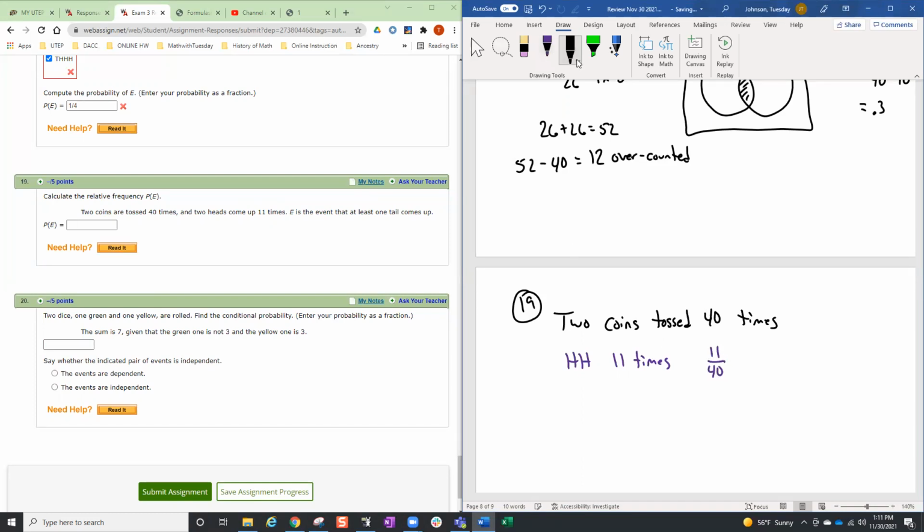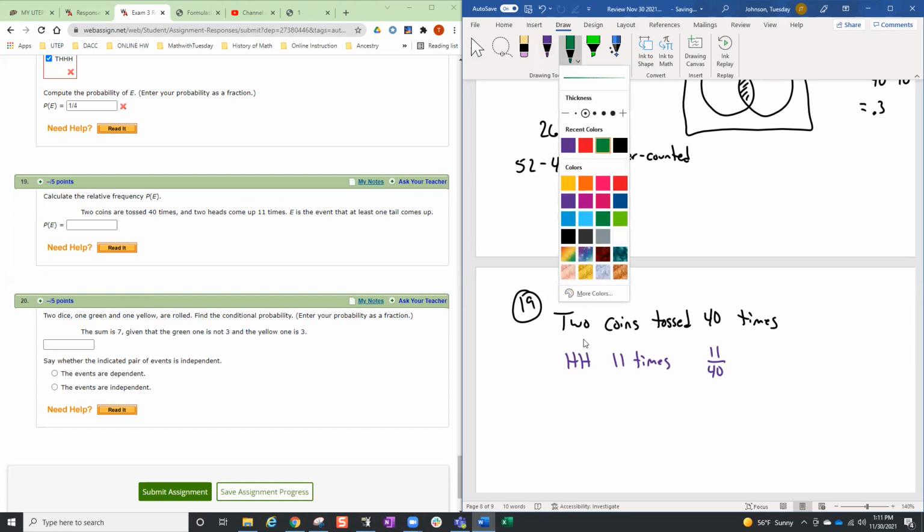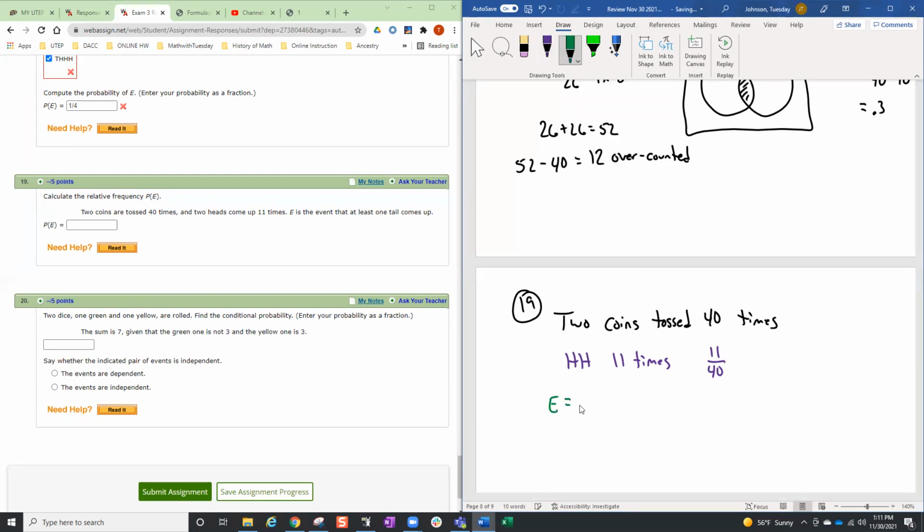So what I want to know is event E is at least one tail. So that is tails, tails, tails, heads, heads, tails. But keep in mind, when you're flipping two coins, either heads, heads, or these three are the total number of possibilities. So the probability of event E is 1 minus 11 over 40,